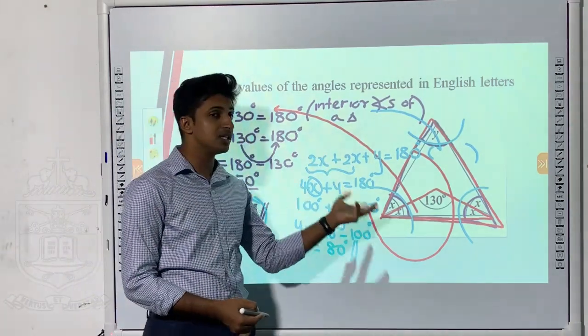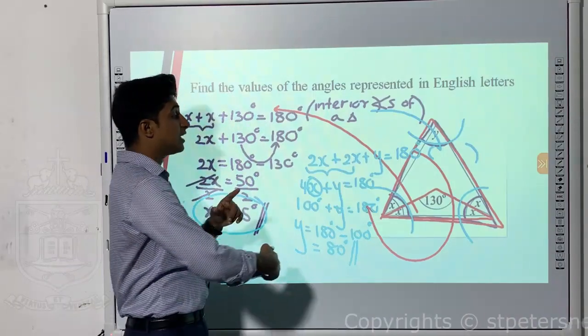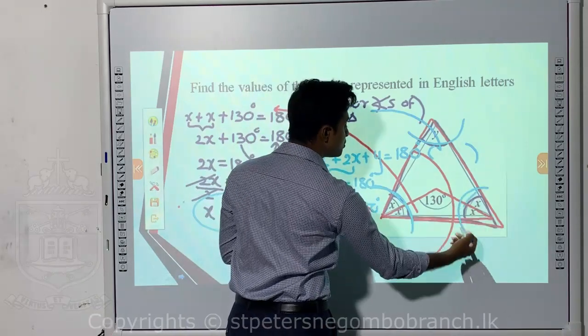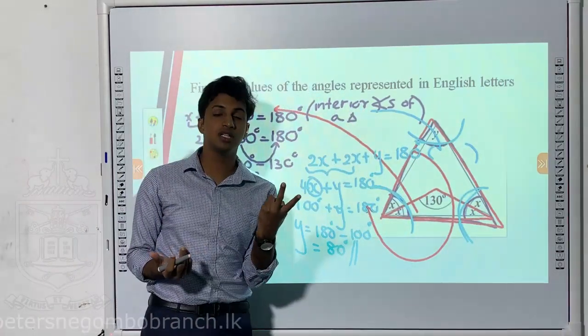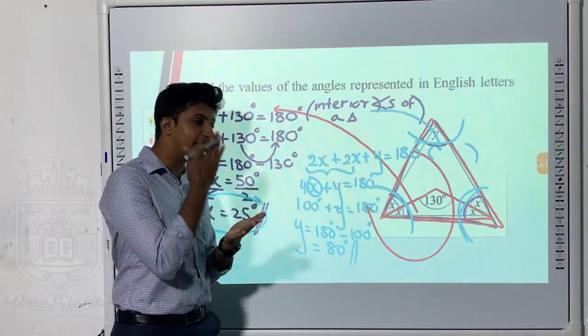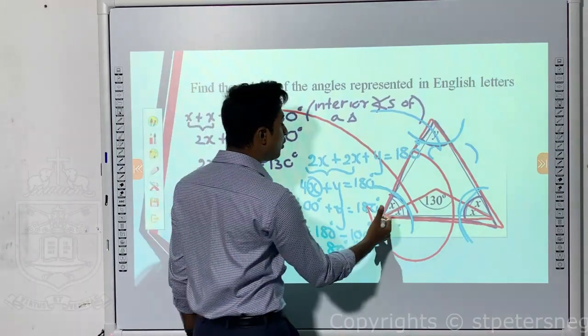So I have been given this diagram and they are asking me to find the value of x and y. If I select the entire triangle first, this is 2x and this is y. You can't have two unknown terms in the same equation, okay? So what I do is, I'm going to find either x or y first. I can find x easily because I have a smaller triangle.